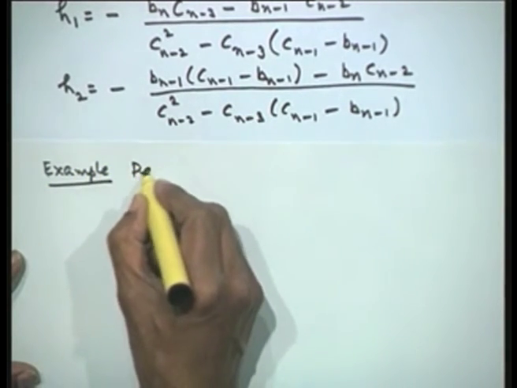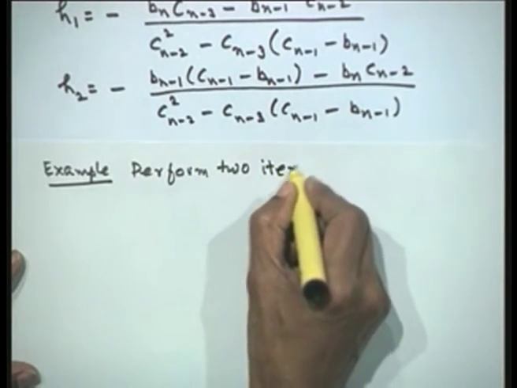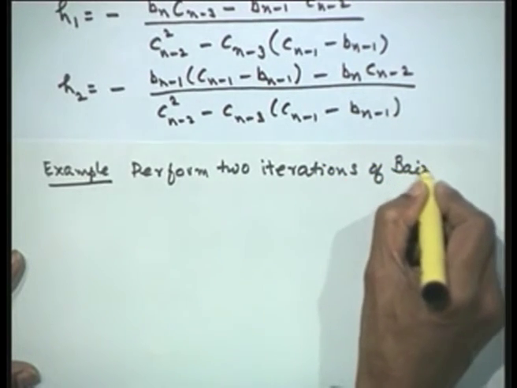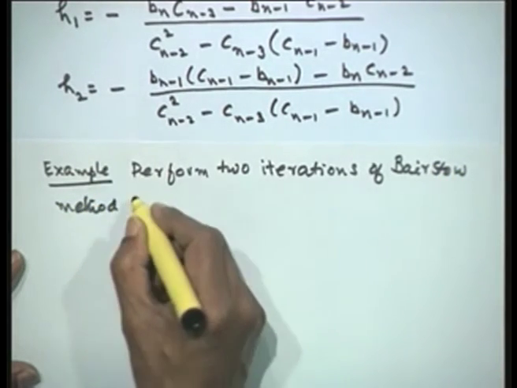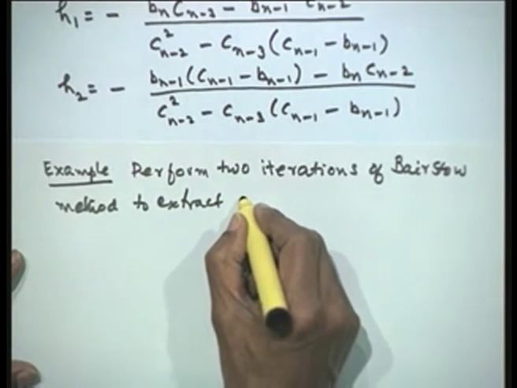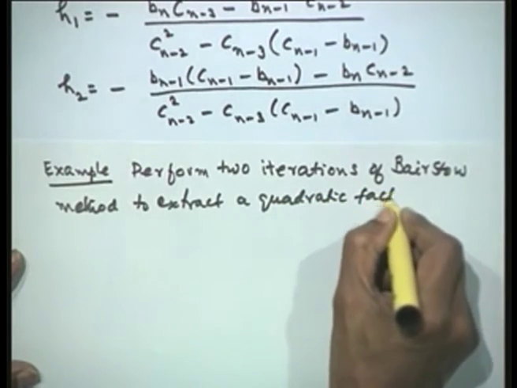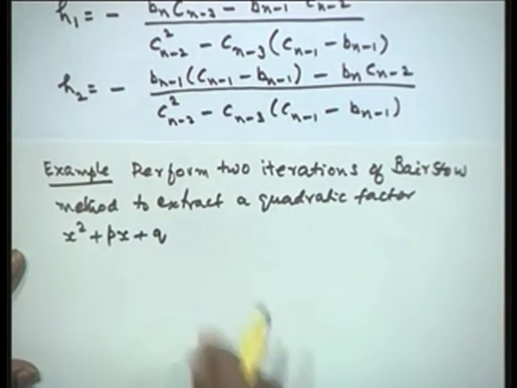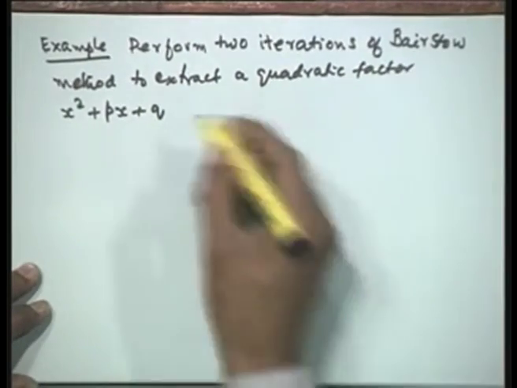We will perform 2 iterations of Bairstow method to extract a quadratic factor x squared plus p x plus q from the given polynomial